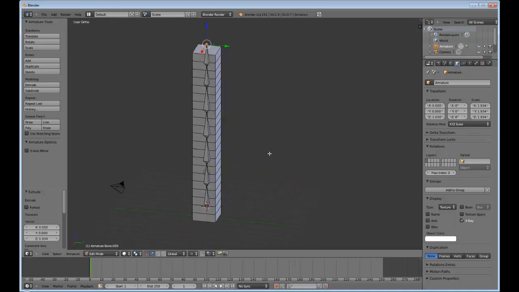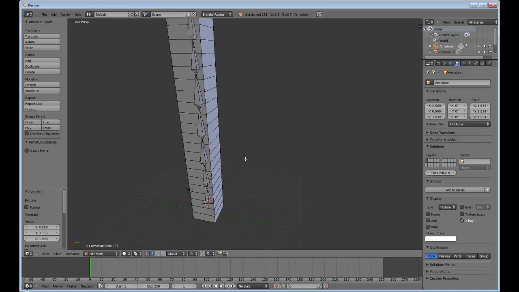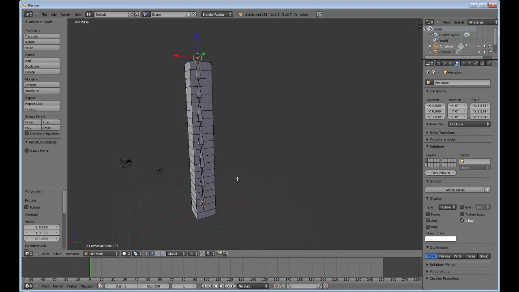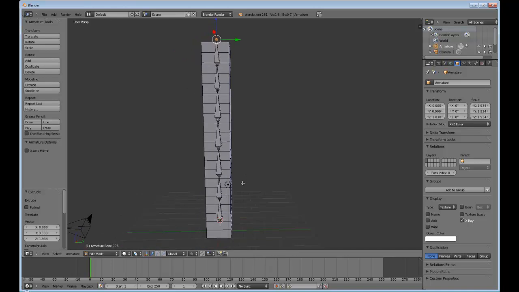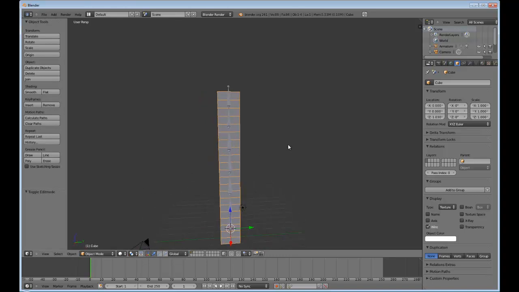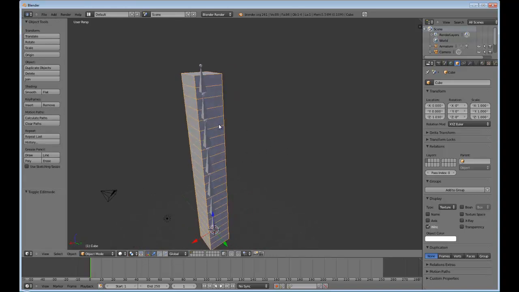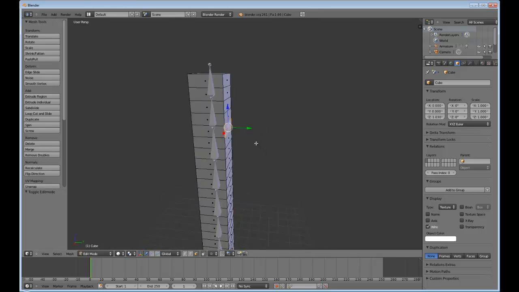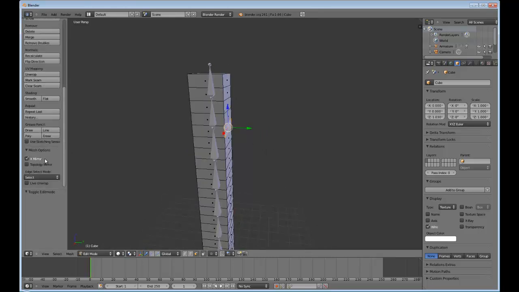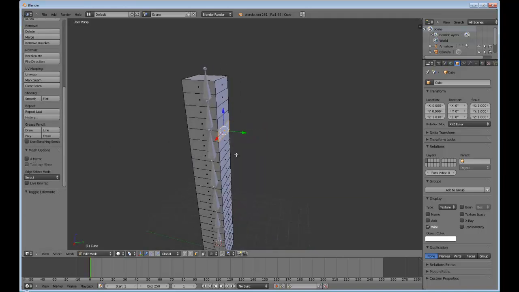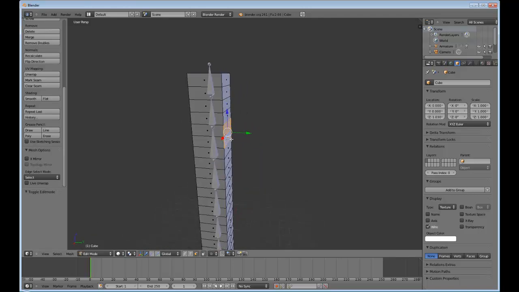Okay, now we have, going back to the perspective, press numpad 5. We have a proper setup of the cube, and also at any point, we can actually go into the edit mode, Control Tab, select the faces, and extrude. Okay, have an X mirror. Okay, well, we don't need that. We can actually extrude